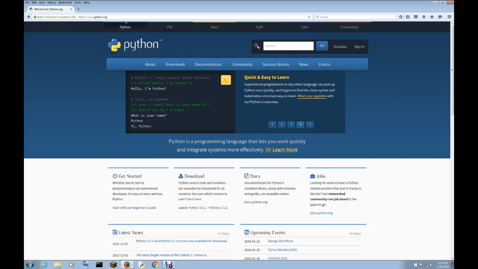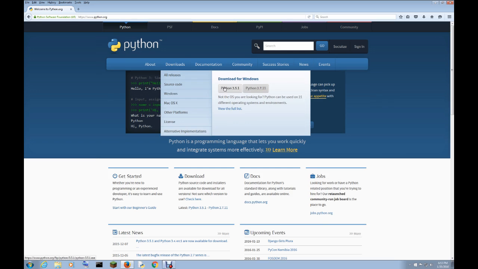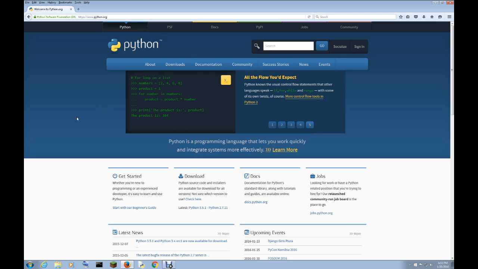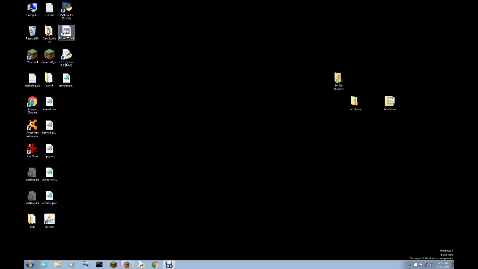All you have to do is go to Downloads and then get Python 3.5.1. It has to have a 3 in front of it. That's the most important part. It has to have a 3 in the middle. Now once you've downloaded that, you're going to see that on your home screen, you're going to have, well, actually in here if you look up